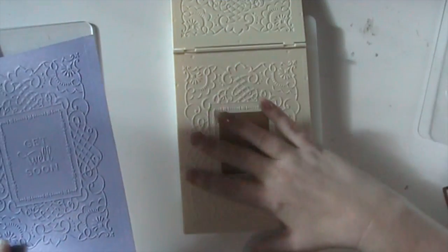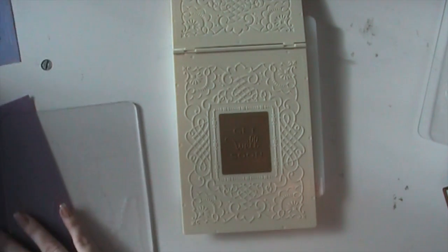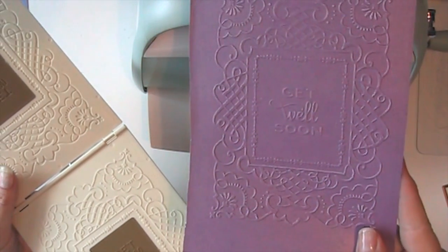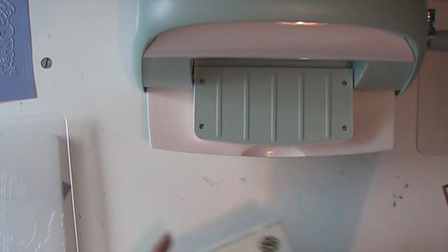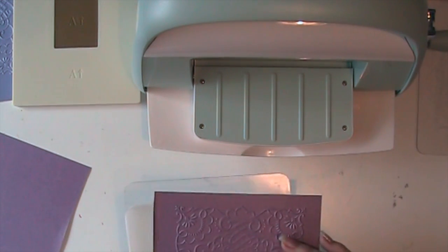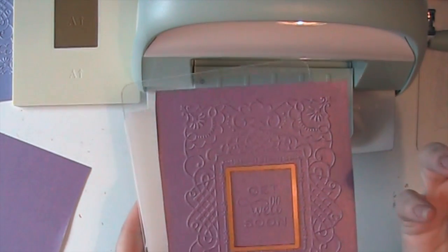Okay, so that's your option 1, is just simple, put the pieces together and emboss it. So then the next thing that we can do is exactly the same. So again, we have our get well soon on our piece of card with our frame. However, this time we're going to take our die and we're going to cut that centerpiece out